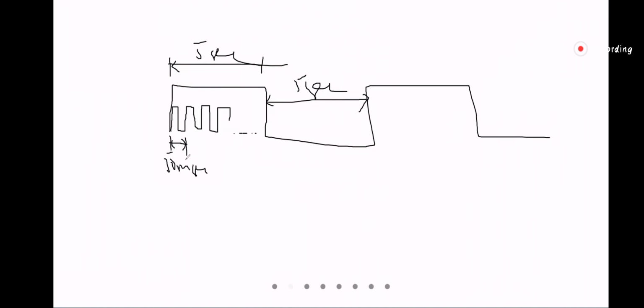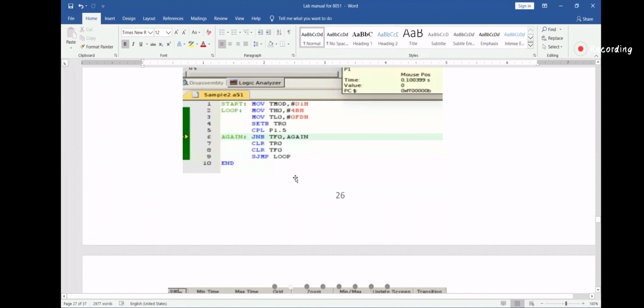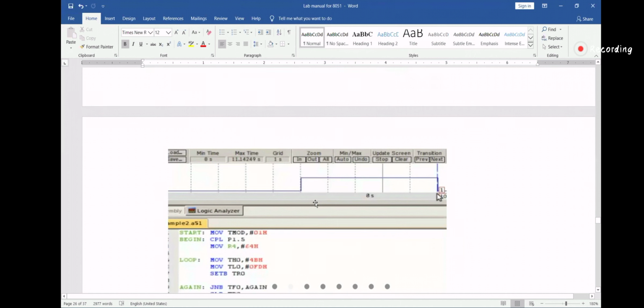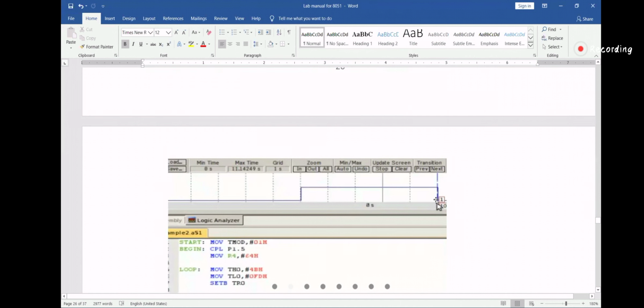So if it is 5 seconds, it should come 10 times. But why is your graph not coming like this? Why is your graph plain? When I plot this graph, the graph is the same. See, this is the matching graph. But if you check, it should be 10 milliseconds.